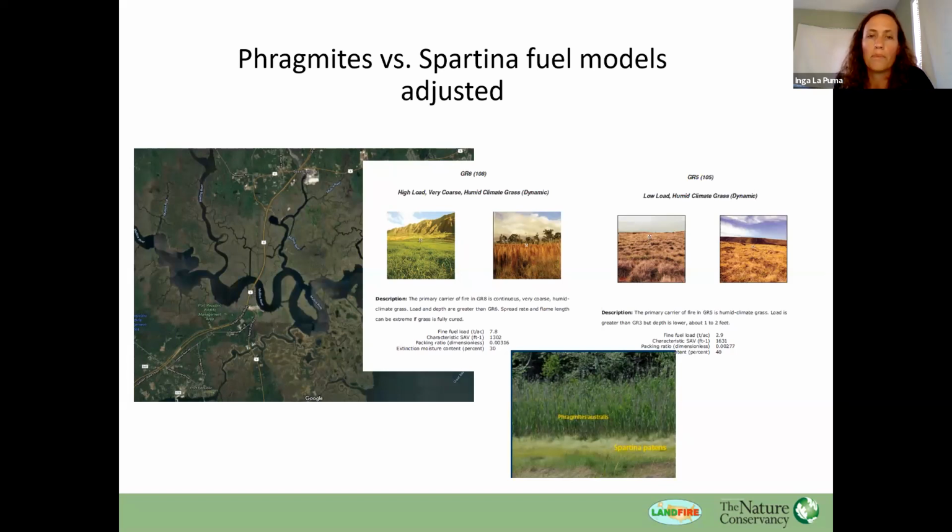So this whole area, which you saw was lit up red along the coast, had that Phragmites fuel model assigned to it in LANDFIRE 2014. And so we went ahead and adjusted that down just a tad to represent the height of the Spartina, which is actually there along the coast of New Jersey. We really only have the Phragmites when you're getting close to the more disturbed areas, but most of that shore there in the back bays is Spartina. So we were able to adjust that, which is great. Okay, go ahead, Jim.